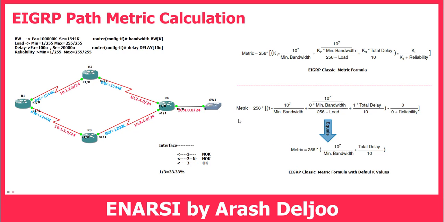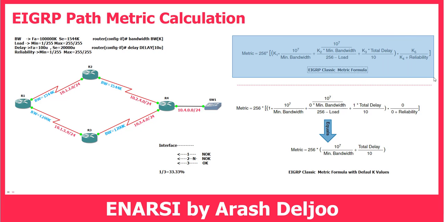Now let me talk about the formula of the EIGRP classic configuration. You know that in EIGRP we have two types of configuration: EIGRP classic and EIGRP named. First let me talk about the classic configuration. In EIGRP we use these parameters for calculating the metric for one path. For example, R1 receives information about 10.0.0.0/24 from router 2 and also from router 3. Now R1 should choose which path is the best. R1 uses this formula to calculate the metric. As you can see, this formula contains the bandwidth, the load, and